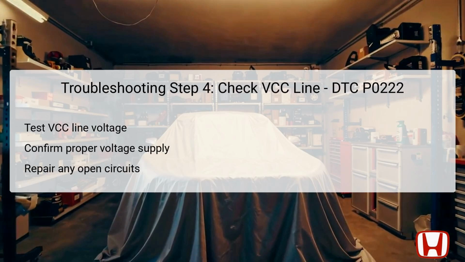The fourth step involves examining the VCC line, which is essential for the throttle position sensor B's operation. First, use a multimeter to test the voltage supply on the VCC line. It should reflect a proper voltage output necessary for the TP sensor to function. If the line is found to be open, meaning there is no voltage present, corrective action is required to repair